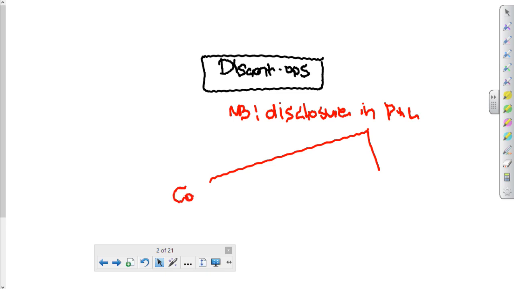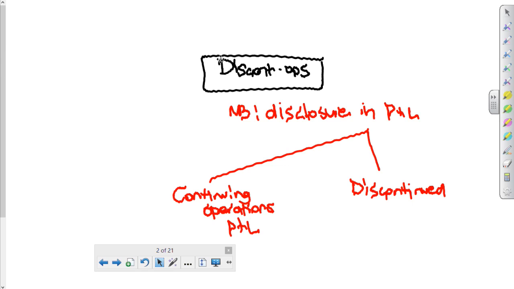I'm going to have a continuing operations P&L so that my users can see what expenses, income, turnover, cost of sales, profit is going to carry on into the future, and I'm going to have a discontinued operations P&L. And this continuing and discontinued operations P&L is going to be for the whole year, and that's critical, very important